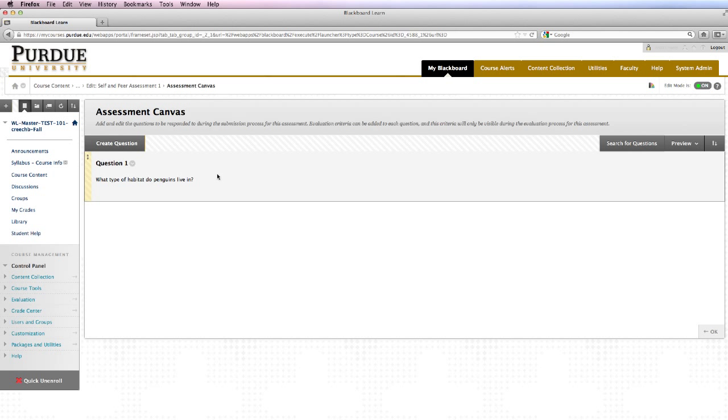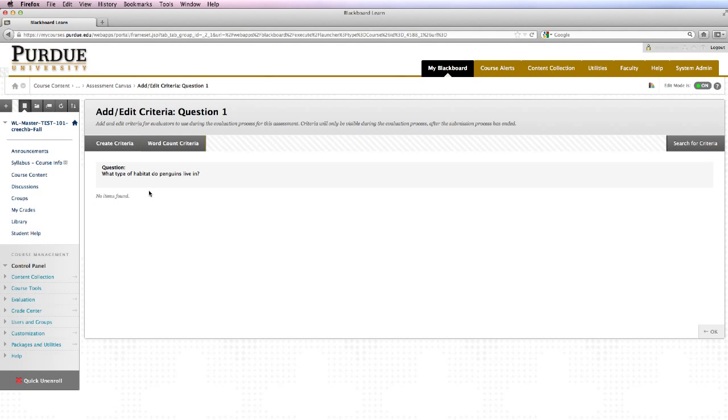Within the canvas, I'll see the questions I have created. So for my question about the habitat penguins live in, I want to add criteria. So I'll click the option menu next to the name of the question and select criteria. Within Blackboard Learn, you can create your own criteria, and there is one default criteria, which is word count criteria. I'll click on word count criteria,